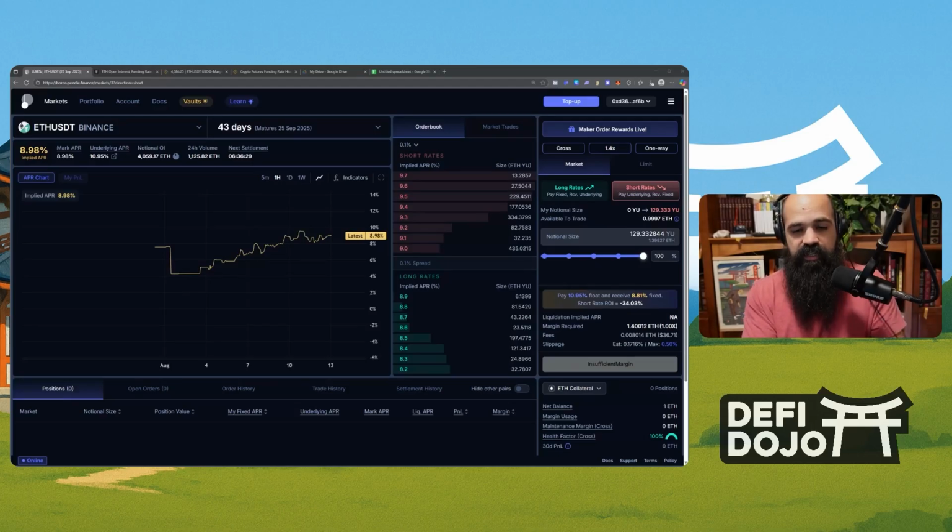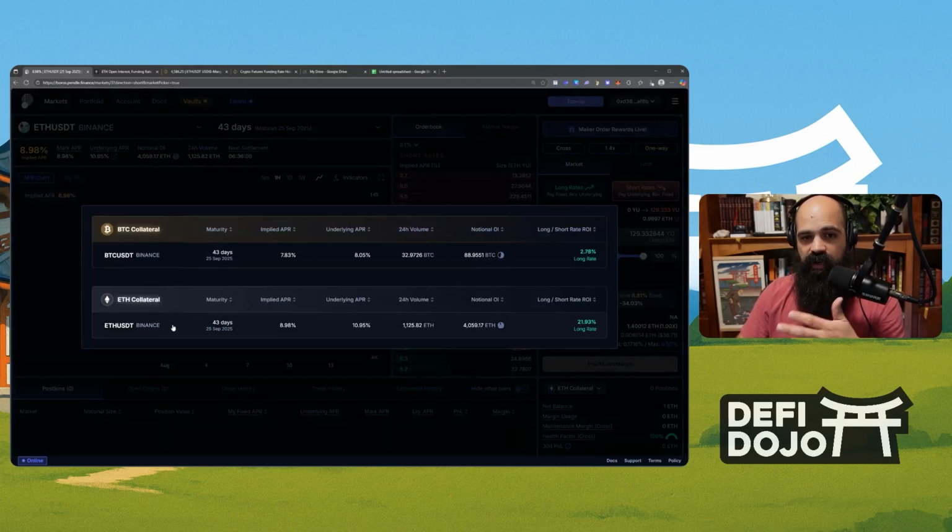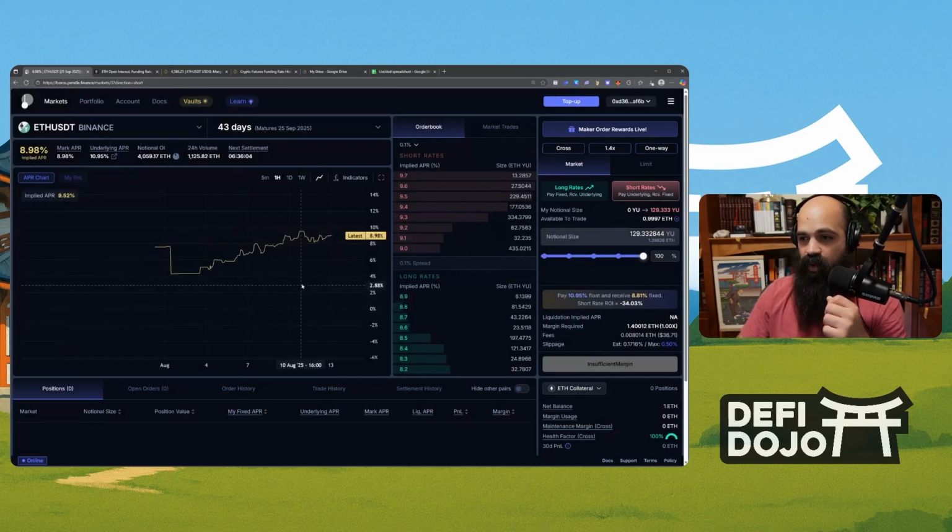I think one of the big changes here is that you're not purchasing assets, you're posting margin to then get exposure to the funding rate or the implied fixed rate funding rate. Now, how does this work? Well, for ETH USDT, which is the ETH funding rate market, you would post WETH margin. And then for the Bitcoin market, you would post wrapped Bitcoin as your margin. Now, using that margin, you can then get exposure to